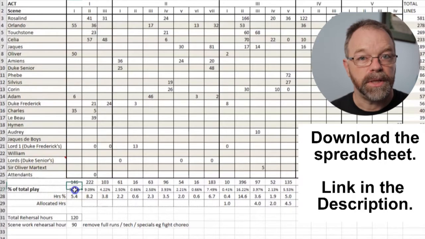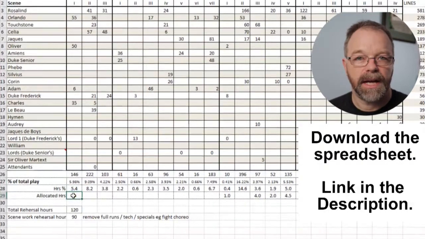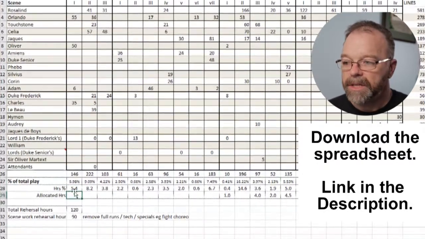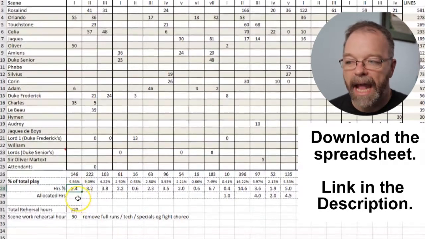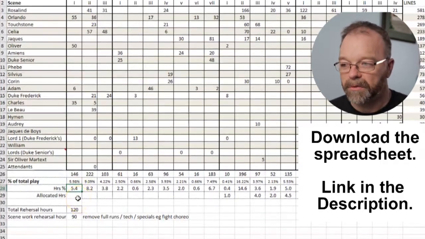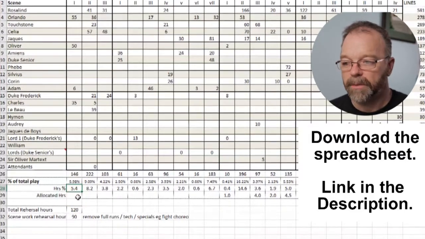And there's a couple of ways that we do that. The first thing is we will decide what our actual allocated hours are in total for every scene. So you can see here, Act 1, Scene 1 should get 5.4 hours, which is the 5.98% of our total rehearsal time for the scene work.